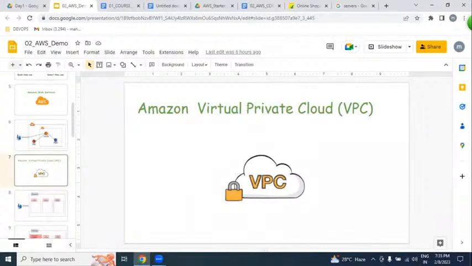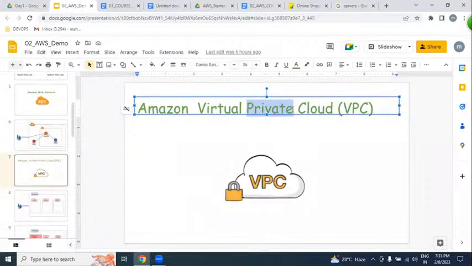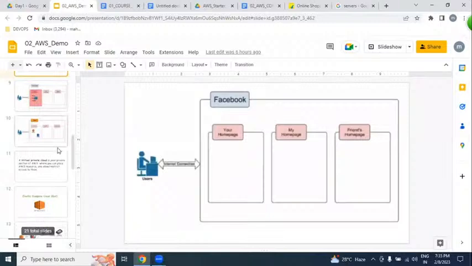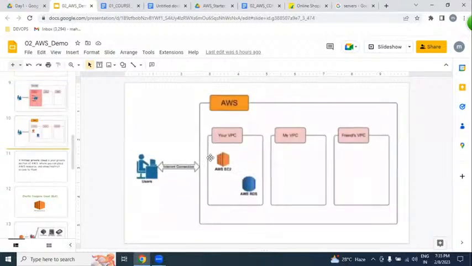An isolated, office kind of private network, if we can access it over the internet in a virtual form, is nothing but a VPC. By using VPC, we can create n number of networks.